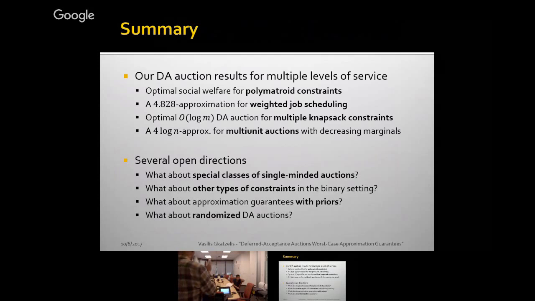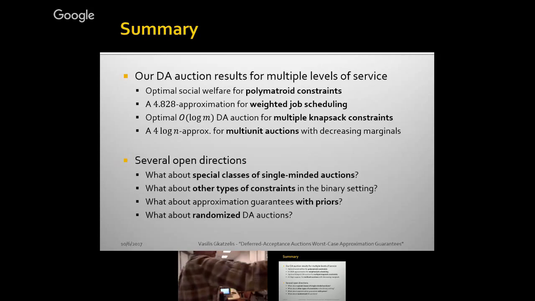Let's say you want to schedule a job and you want the server from 2 to 4. That's again single-minded. You can think of seconds as items and you're a single-minded bidder, but it's not an arbitrary structure. It's not an arbitrarily single-minded constraint. It's interval bidders. And for that one, for instance, we can improve upon that. But there are different other constraints you can consider, both in the binary and in the multi-parameter settings. These are just the first problems that came to mind.